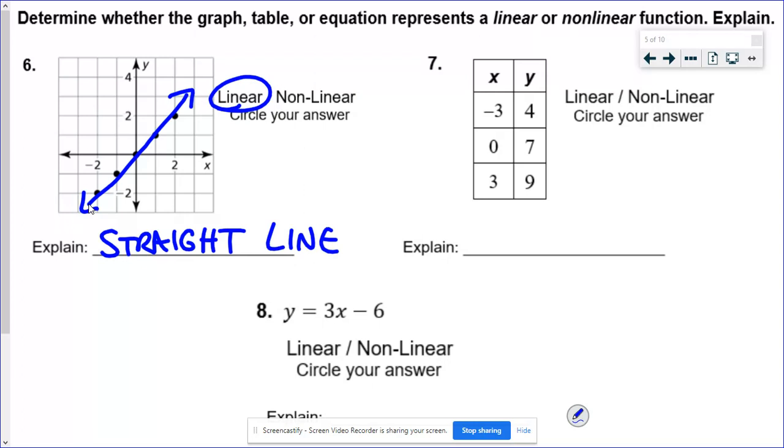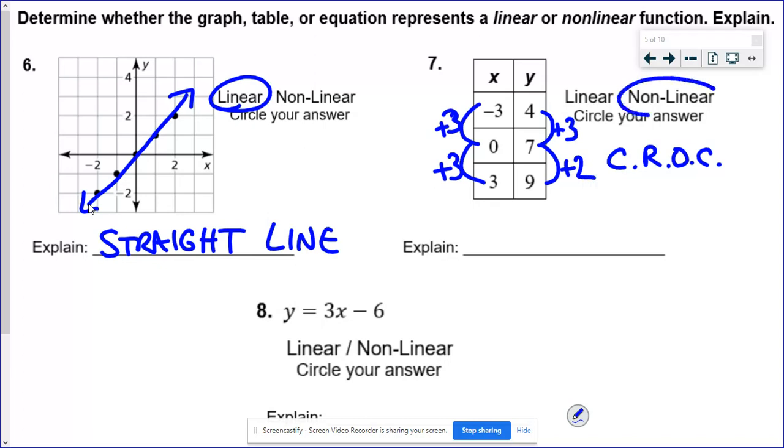In a table, we are looking for a constant rate of change, a CROC. So if I look at my x's, this increases by 3, and then it increases by 3 again. Sorry, that first 3 was kind of hard to read. In the y's, this is increasing by 3. This one increased by 2. It does not have a constant rate of change. There's no CROC. So this is nonlinear because it does not have a constant rate of change. You could even just write, not a CROC, or not a constant rate of change. For number 8,